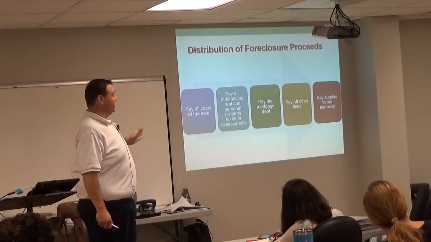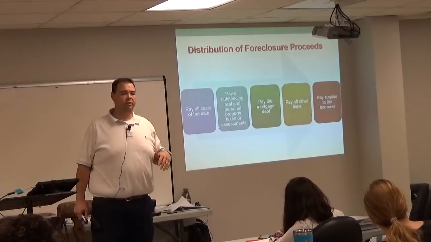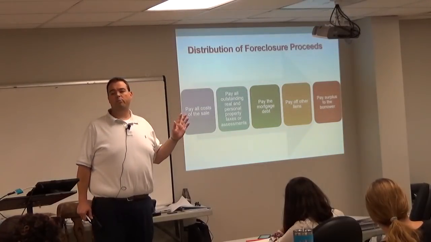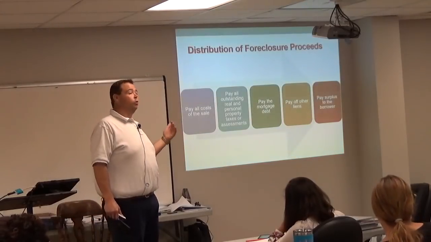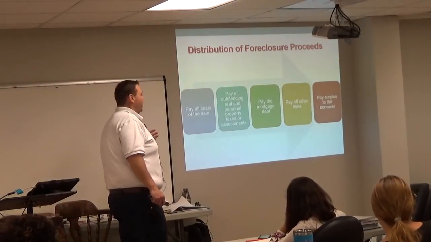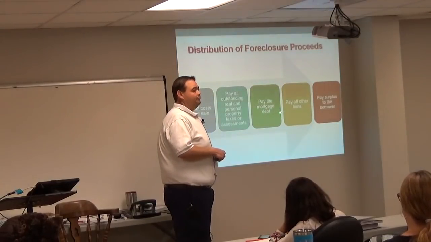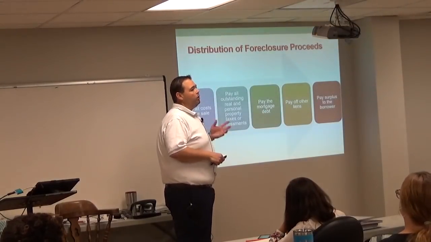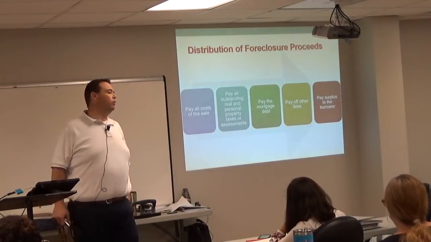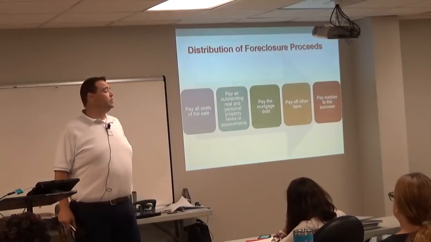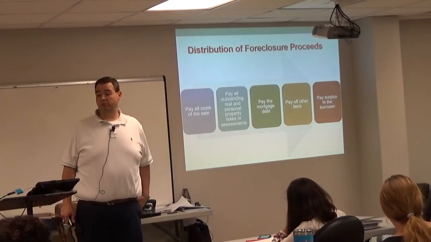Okay? So second is going to be property taxes. Property taxes and special assessments. Now we're pretty much in the same order as, remember we talked about lien priority way back in chapter 3? So we got property taxes and special assessments, and then we got the mortgage debt. And mortgages, notice I said plural, could there be more than one? Yes. This is where it becomes very important which one was recorded first.